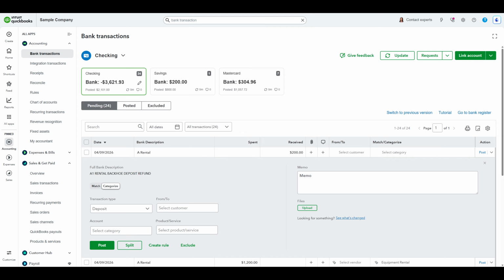And that's all there is to it. Use the top search bar, type bank transaction, click bank transactions, and you'll land on the page where you can view your complete list of